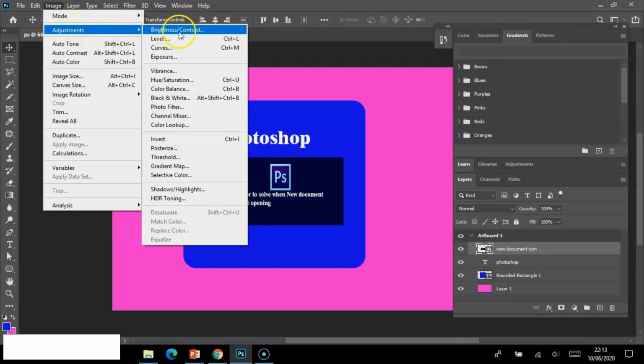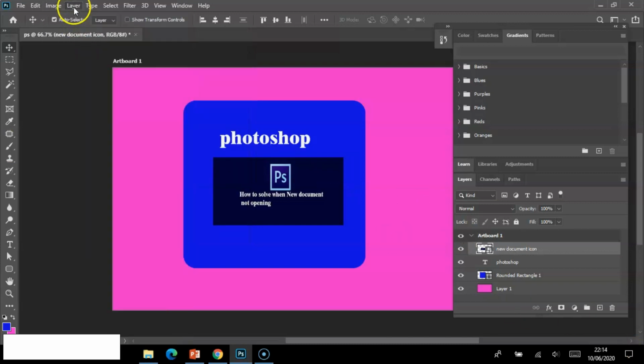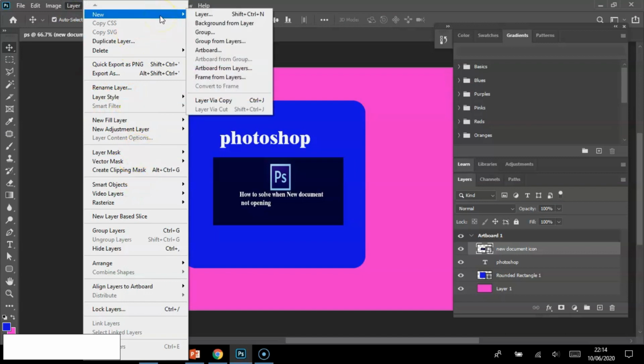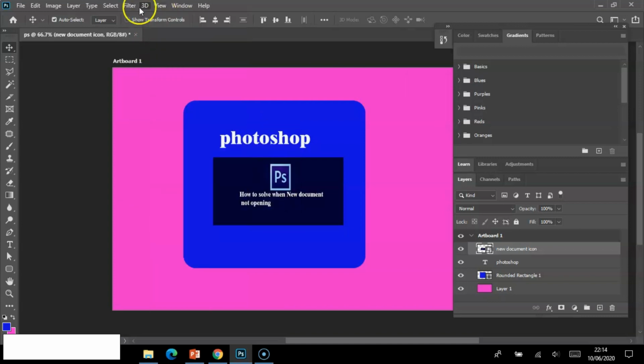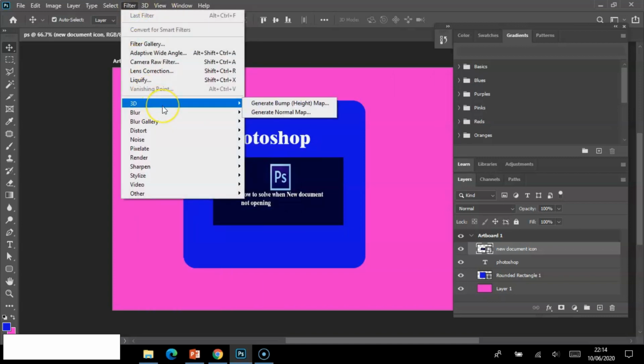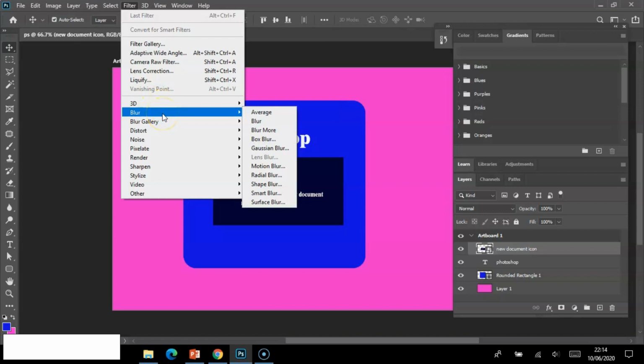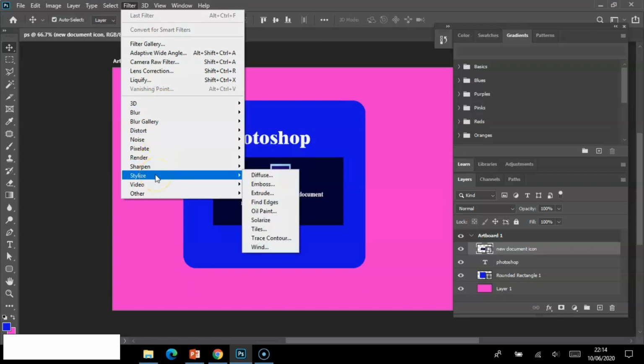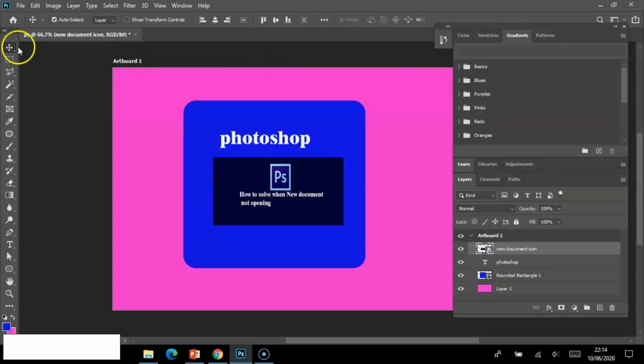Then if you want to do any editing on the image also, you can go through this Adjustment. Here you have so many things like levels, curves. Then next it is Layer. If you want to give any new layer, you can go for this New Layer like this. Next it is Filter. In this we have so many things, like we can give some 3D effect, we can blur the image, then rendering, stylize, so many things you can give. Okay, so this is the way we have to use this Photoshop workspace. The detailed things we will see in the next tutorial.